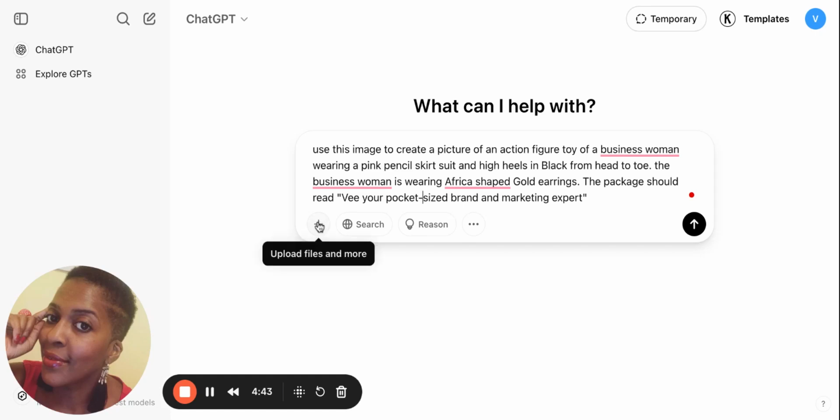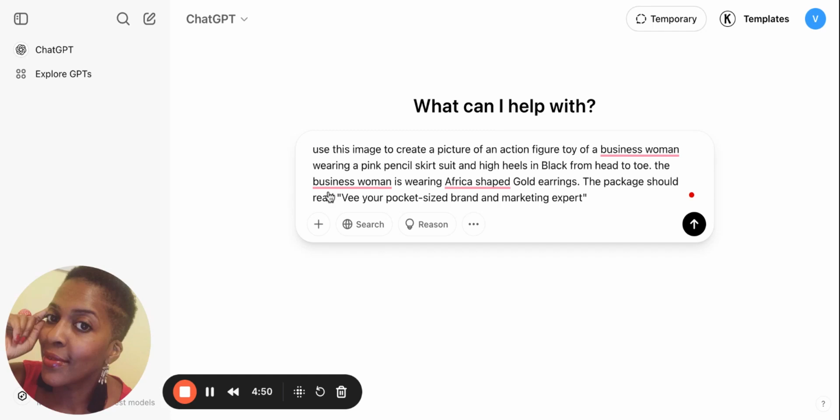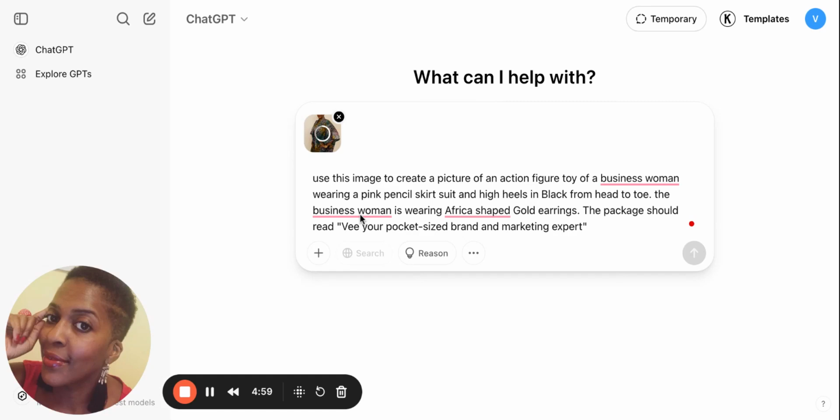I'm just going to go in now and attach with this plus button right here. I'm just going to attach the file. And here's some I made earlier. I'm going to go straight to my recents, and we are going to attach an image here of me. And I think I'm wearing earrings here. So it's attaching that, and whilst it's doing that, as I said, we've got the